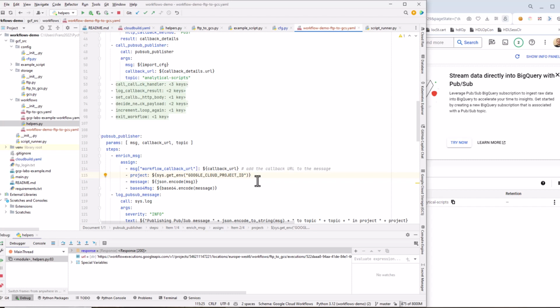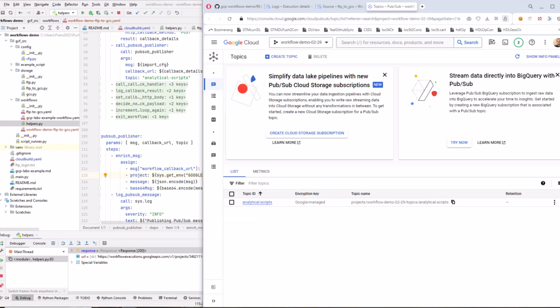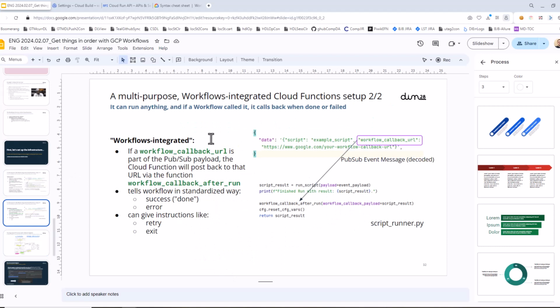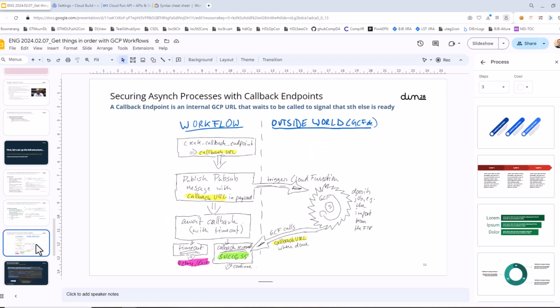So we now need to wait for the cloud function to actually call our callback URL when it's done, and this is what it does since it's workflow integrated. Since the PubSub message contains the workflow callback URL in the payload, the cloud function will call that very workflow callback URL when it's done. Okay,